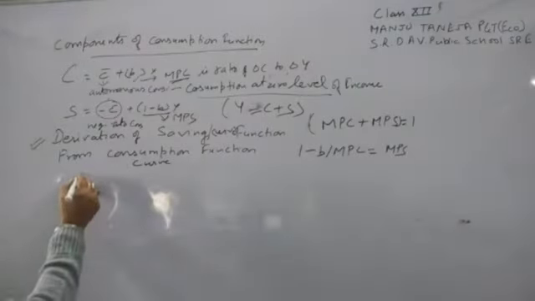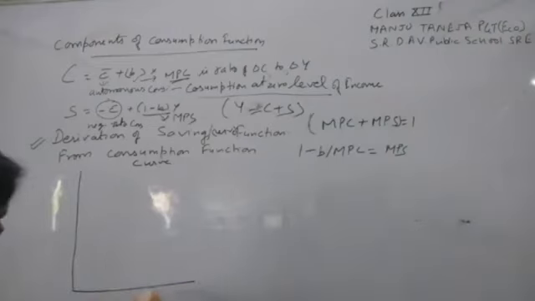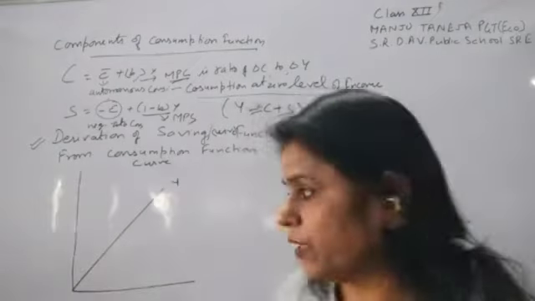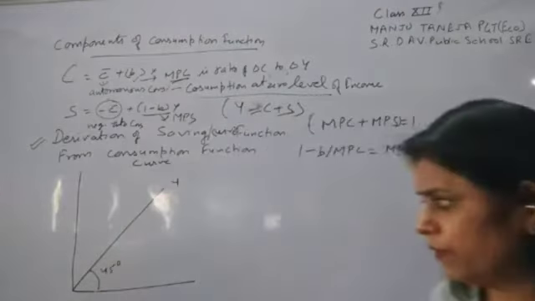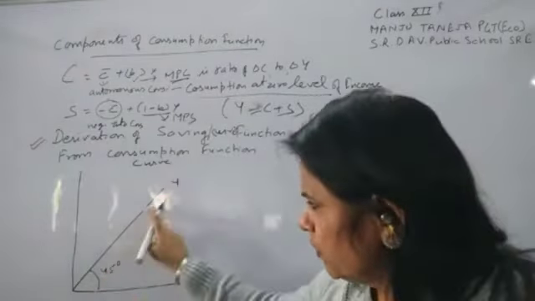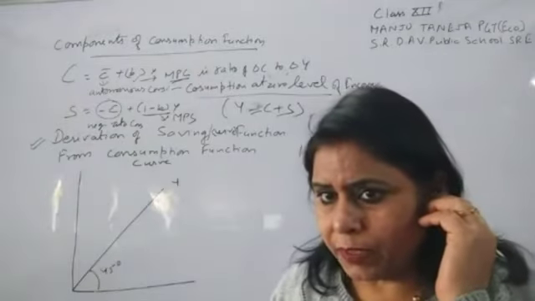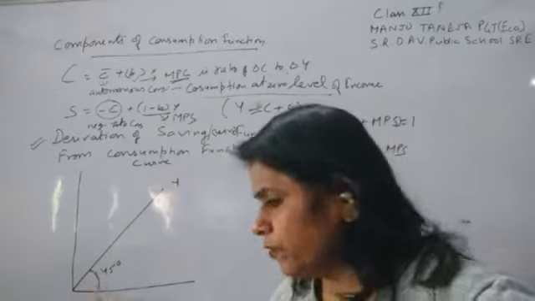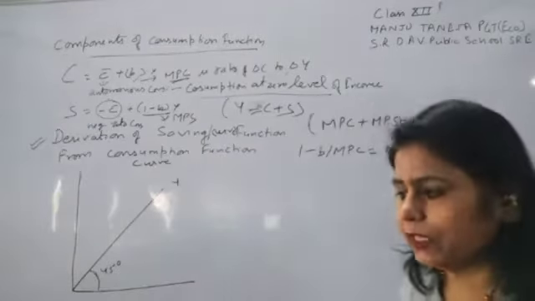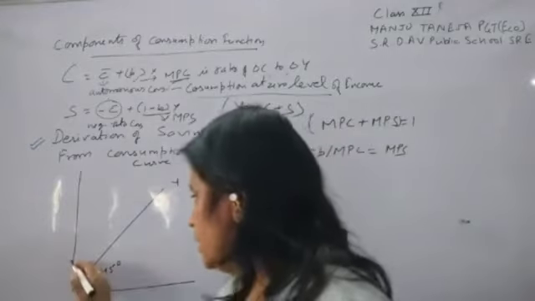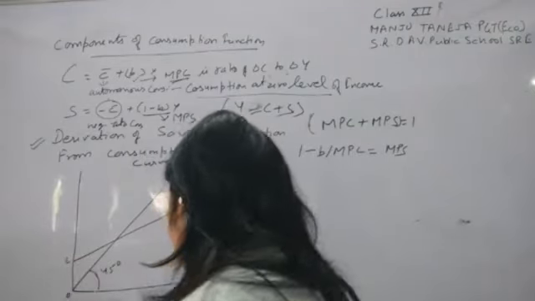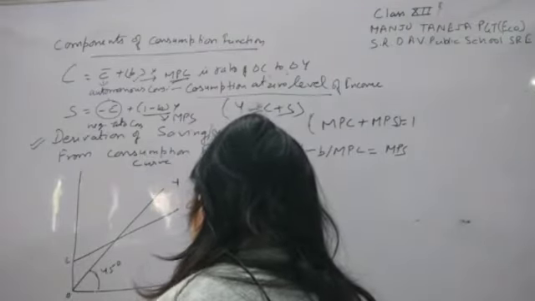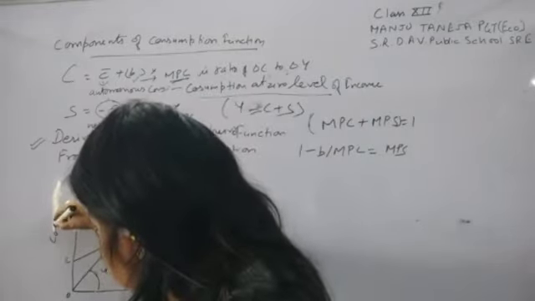Now, first of all, we are making the consumption curve. This is our Y, and it is always on 45 degree. We write 45 degree because it is necessary to show that, even if somewhere it looks above 45, if I have written 45 degree here, it means it is definitely on the 45 degree. And this is the consumption curve, and it is the C bar. Here we are showing the income, and here we are showing the consumption.